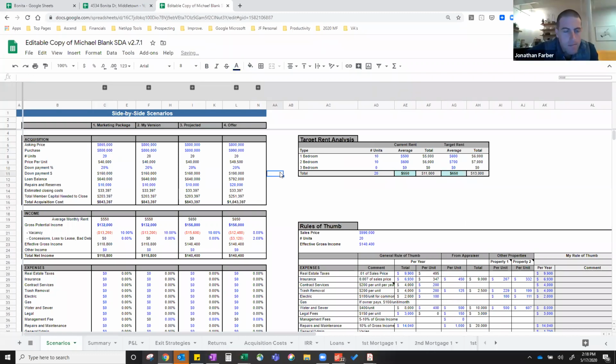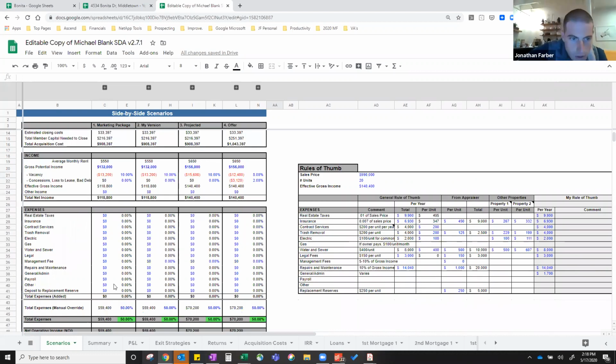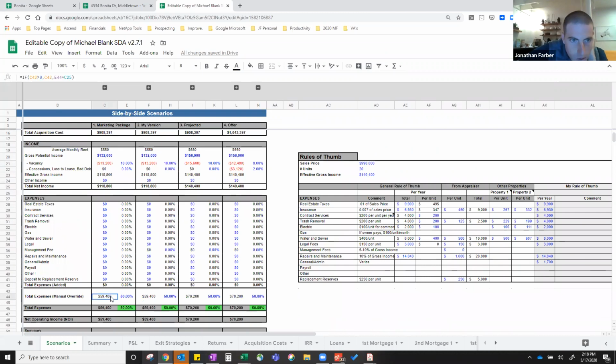from actuals? Just for the sake of this, let's say they're a little lower on their expense ratio. They're saying that this thing is only like a 30% expense ratio, just for the sake of doing this quickly. So the blue text are things that you're allowed to edit. So for my rule,